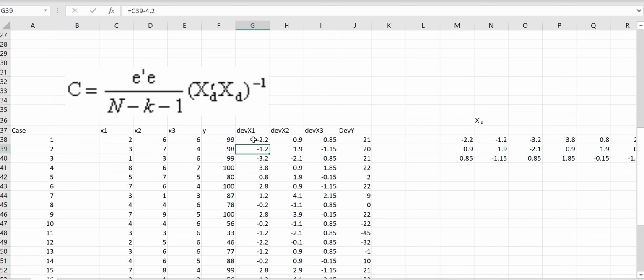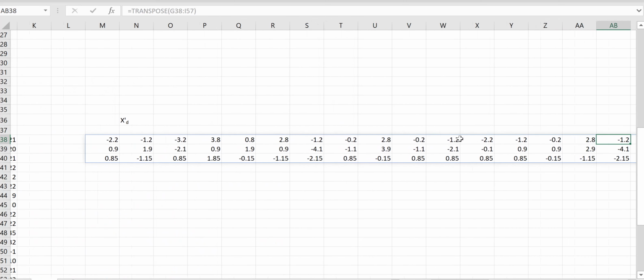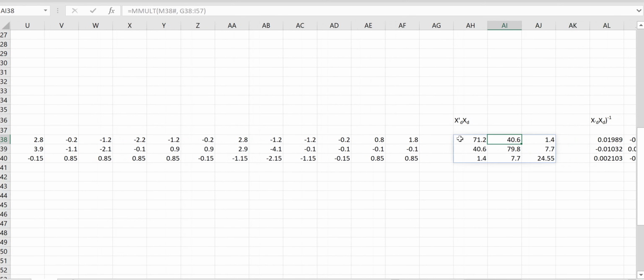All right, so then I did this part of the formula first. We have the transpose difference scores here. So basically took the matrix of these difference scores, and we don't need a column for the intercept here because it will be 0 because we're dealing with difference scores. And so I flipped that on its side, take the transpose, and then multiplied it by the difference score matrix, and I got the resultant matrix,